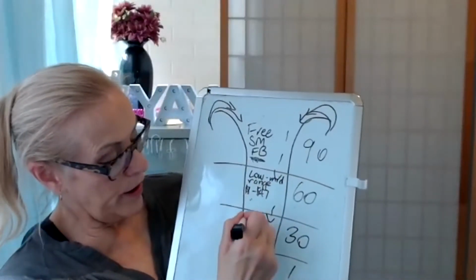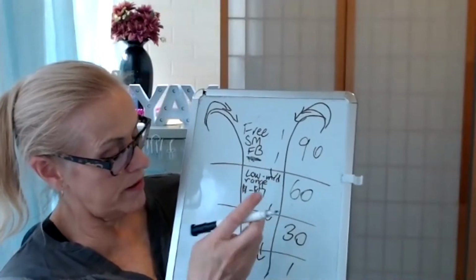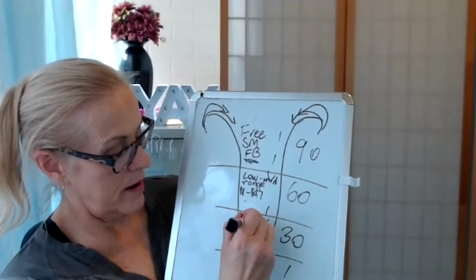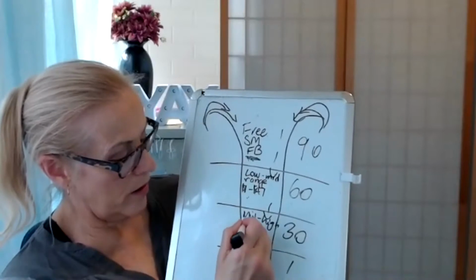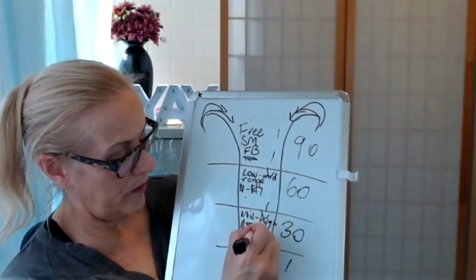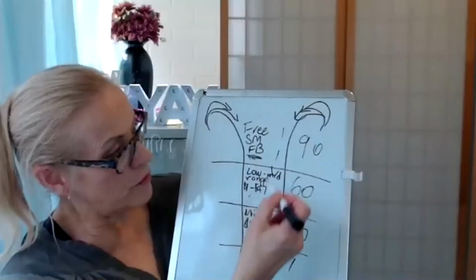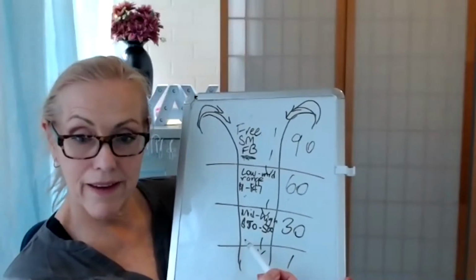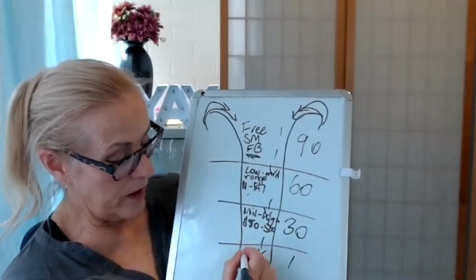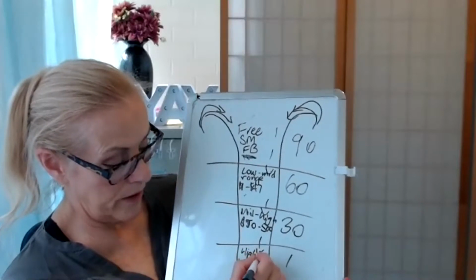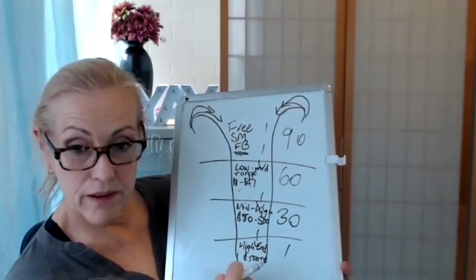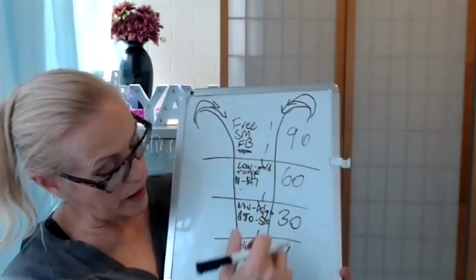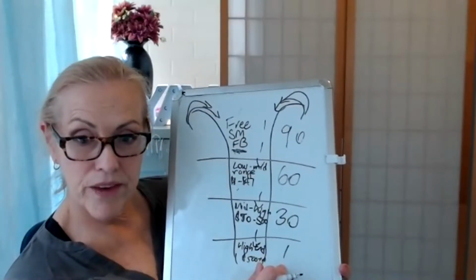Now down here, you've got your low to mid, and you've got your mid to high. So mid to high cost programs, that could be $50 to $500. And then you can see there's fewer people who come in here that choose to actually get these. Now down here, these are your high end. So that's your $500 plus programs. So from 90 people, taking them down through to here, you're going to get one.